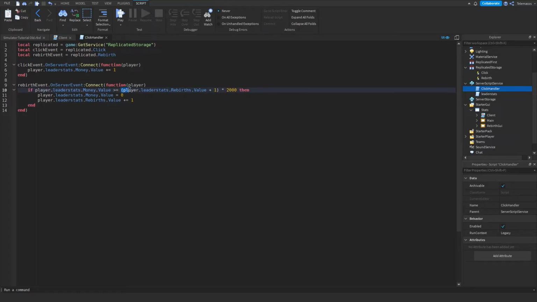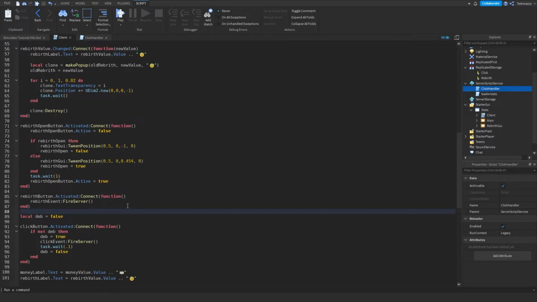And that's just the one I'm using. You can do anything right here. For example, you could do like 1000 times, you can do like this, 1000 instead, but I will do 2000 for now. And this is just adding 1 to the rebirths value. Then